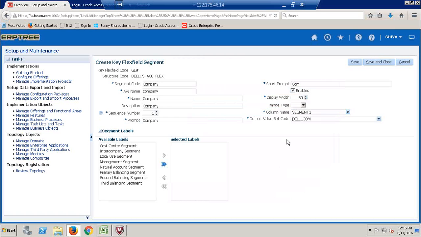Done. In EBS we have flex field qualifiers, which are assigned to segments. The same flex field qualifiers in Fusion we call segment labels. When you compare with EBS, what are the changes you can see here? See here we have a